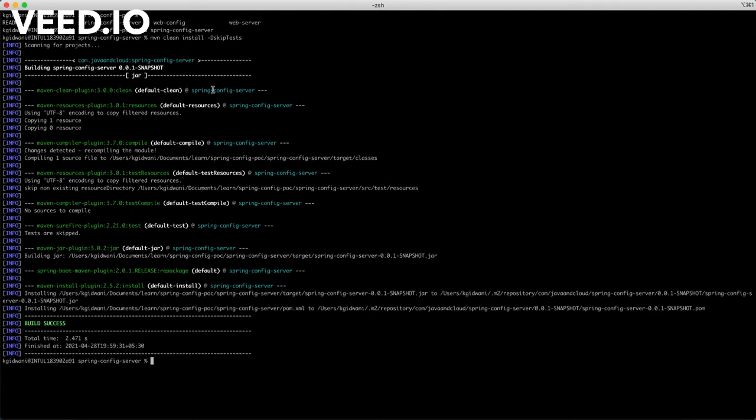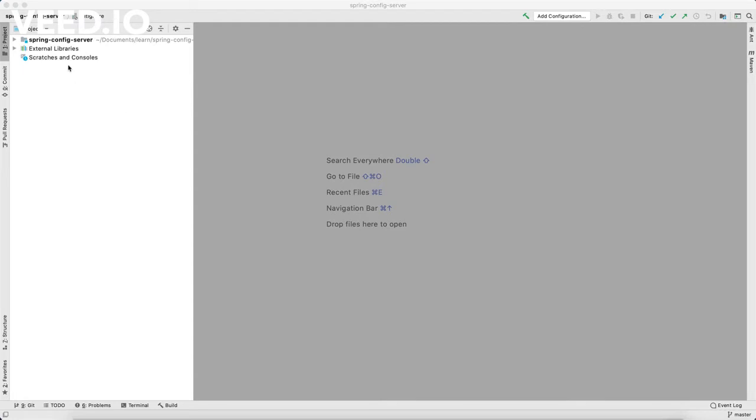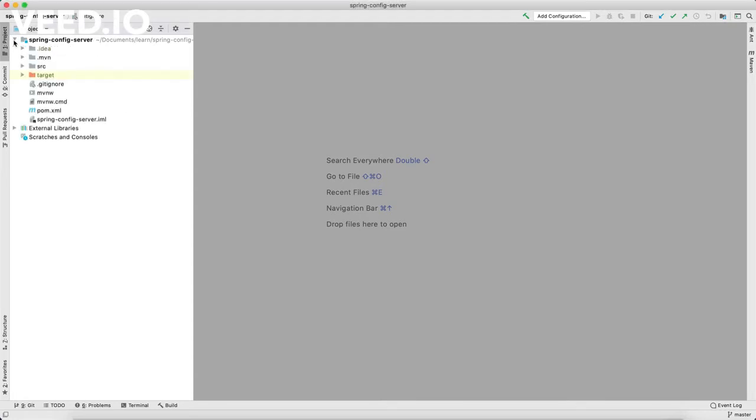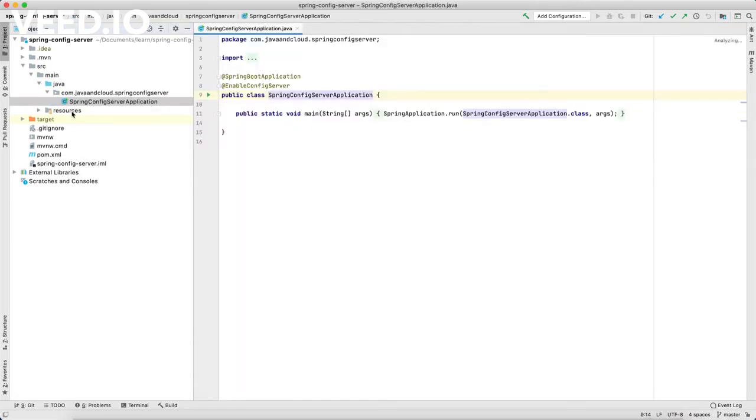Now I will import these two projects in IntelliJ. So I have imported the config server and web server in IntelliJ.